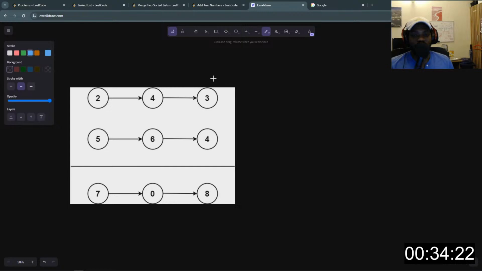Okay, so we are given 2 linked lists, right? And the linked lists were formed from an integer. Now, the integer in this case has 3 digits. For the first list, we'll have an integer like this. So the resulting integer from this list here is 243. And in this case too, we have 564,